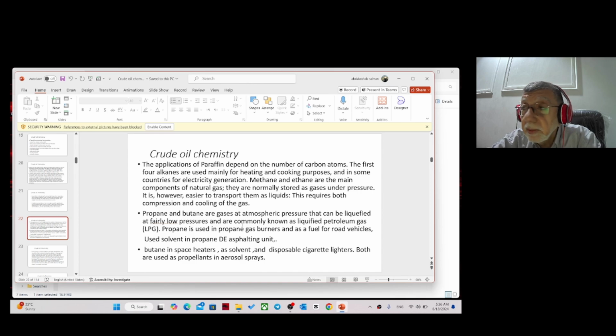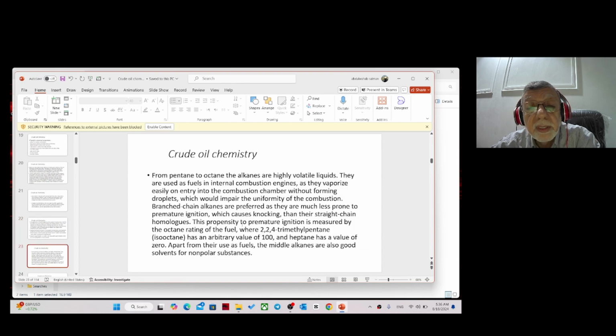That means they are used with insecticides and with perfume as a spraying agent. From pentane to octane, that is from C5 to C8, the alkanes are highly volatile liquids. They are used as fuel in internal combustion engines, as they vaporize easily on entry into the